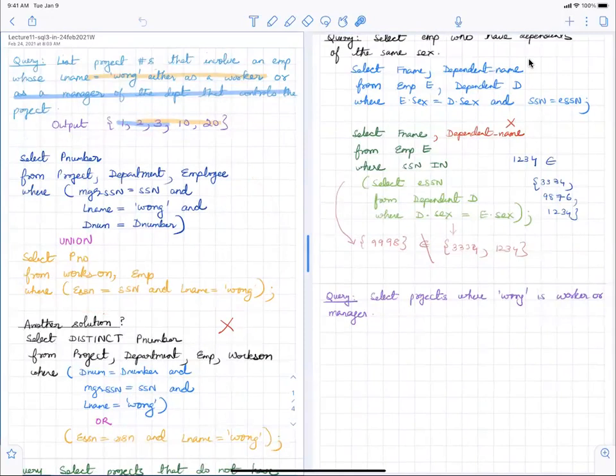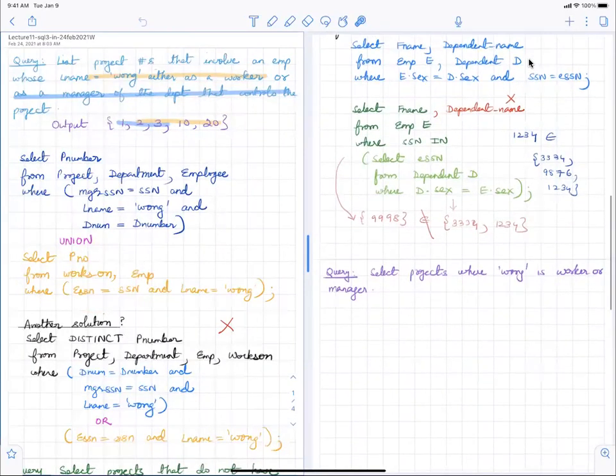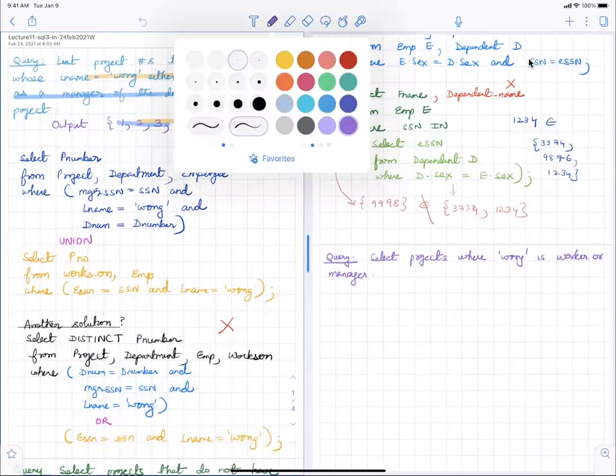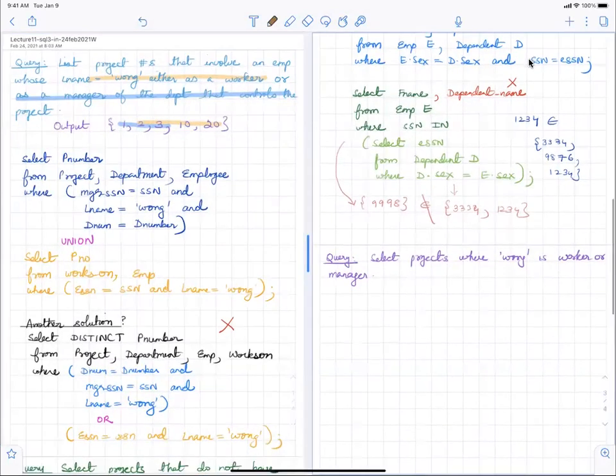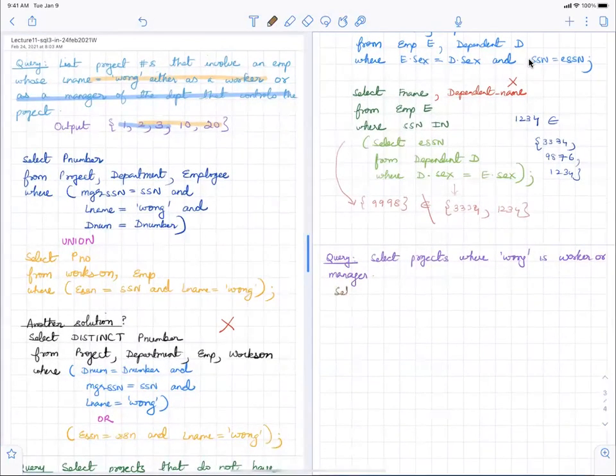I'm going to write it using the IN operator now, so where P number in.